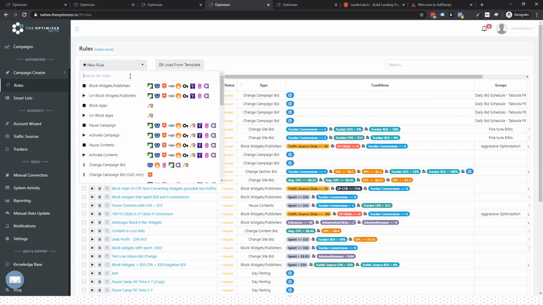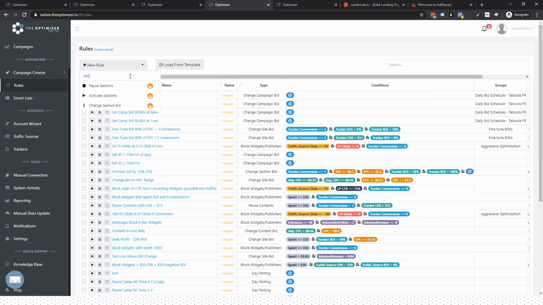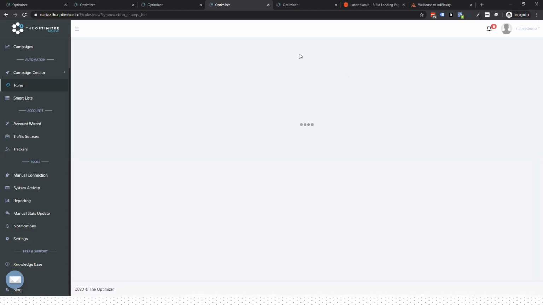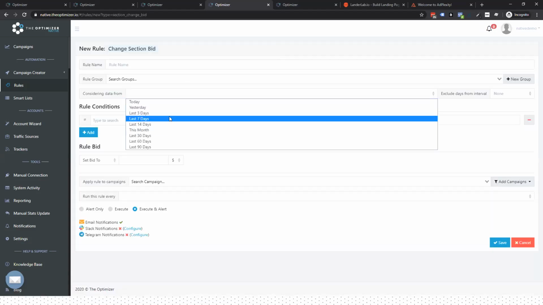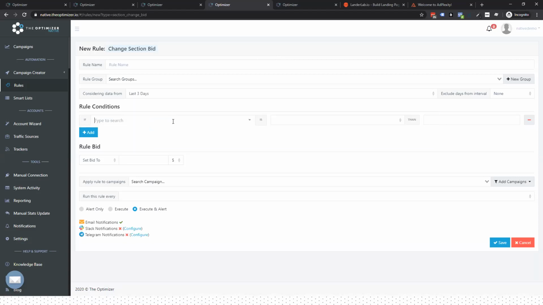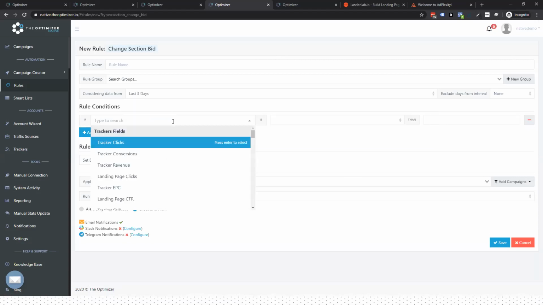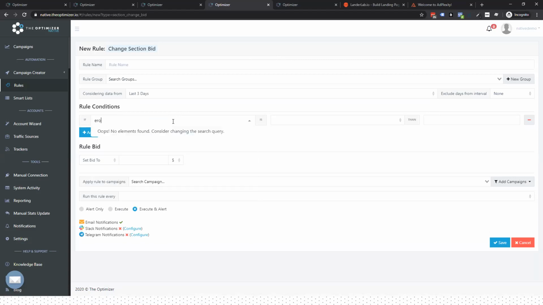So let's take an example with Outbrain sections, which I had a discussion about with one of our users lately. So let's say based on the last 3 days, we would like to match all the sections that have a tracker ROI